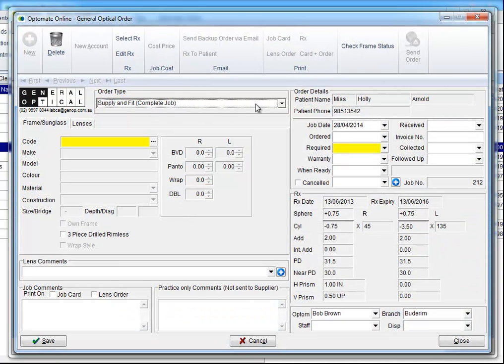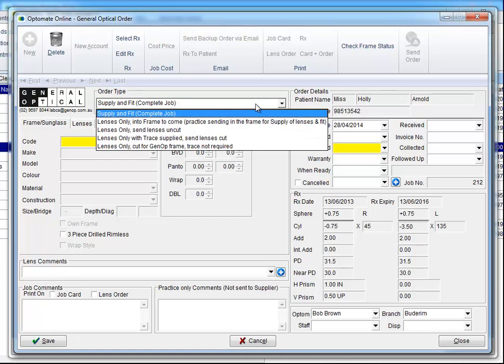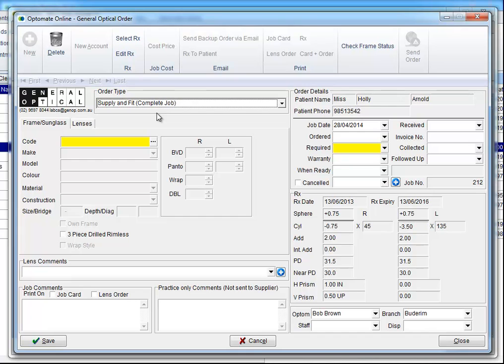Up the top here, the first thing the user would select is whether they want us to supply and fit the whole job, or perhaps maybe they want lenses only. There are other options on the list that they can choose. It could be that they're going to send in a trace to us, or it might be they want lenses uncut. So there's a few options here. For today's demonstration, I'm just going to use the first option, which is supply and fit, give me a full